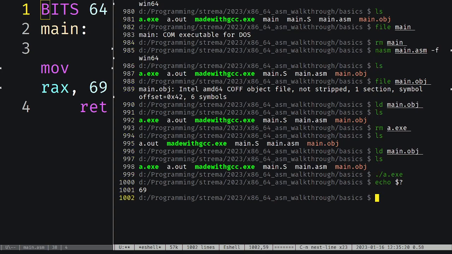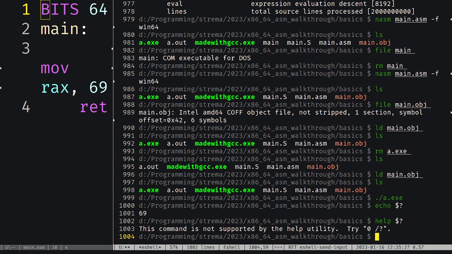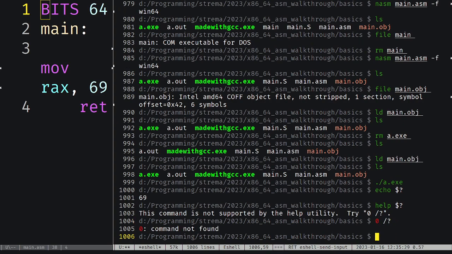What is $? Is there like a help on that? No. Didn't work. I tried. So $? is just a shortcut to access the last status code of the program that was run last. So if I, for example, run ld main.object,